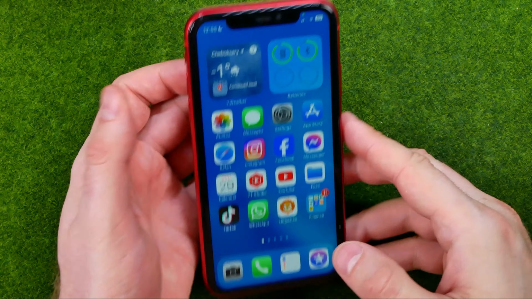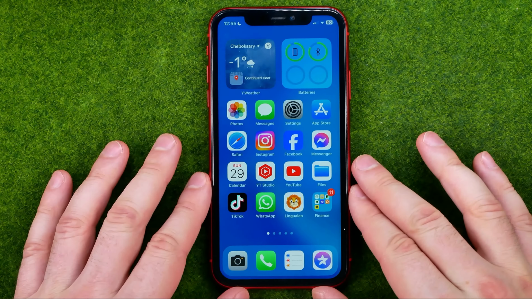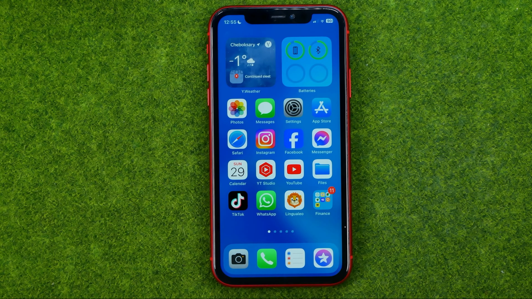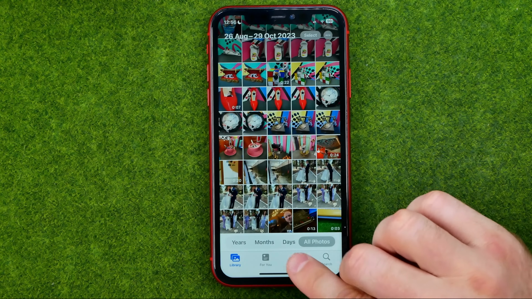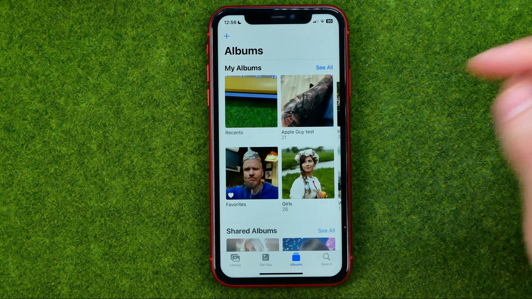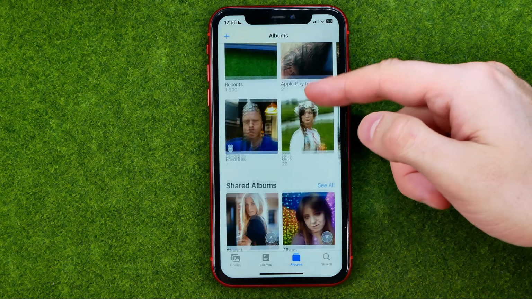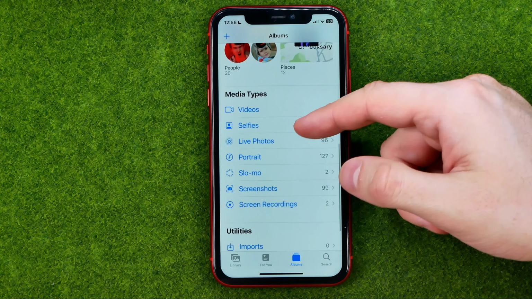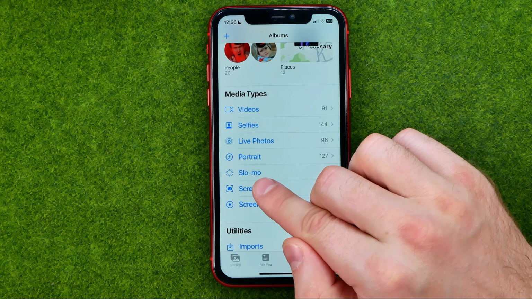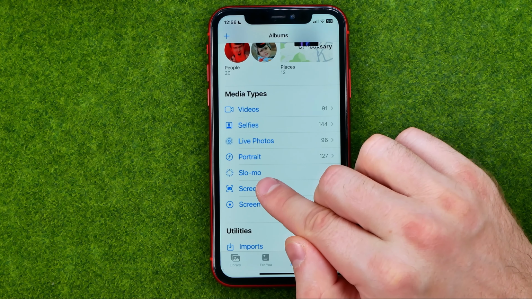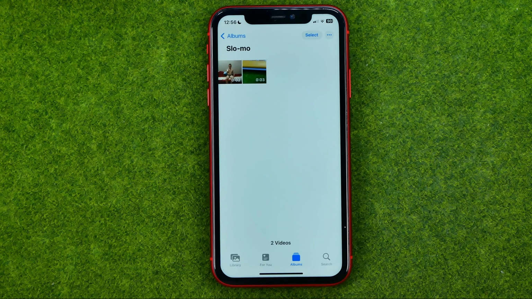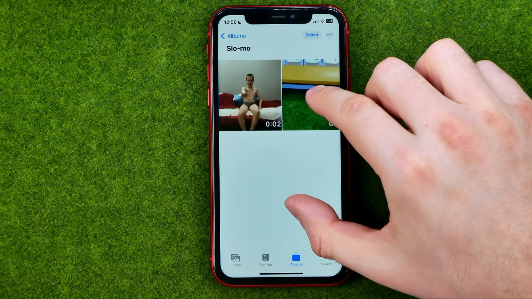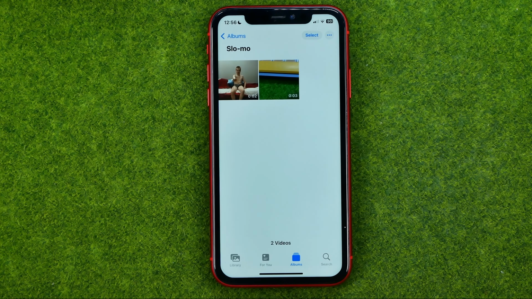And now let me show you how we can easily find all those videos in our camera roll. To do that, go to Photos, then tap right here to head over to Albums, and then scroll down until you find Slow-Mo. That is an auto-generated album which contains all the slow-mo videos. If we get into it, we'll be able to easily find all these videos in our